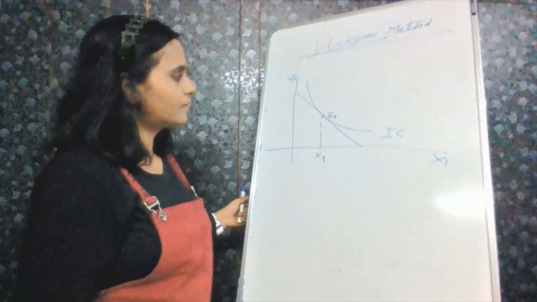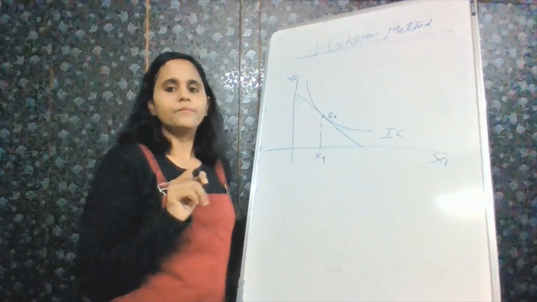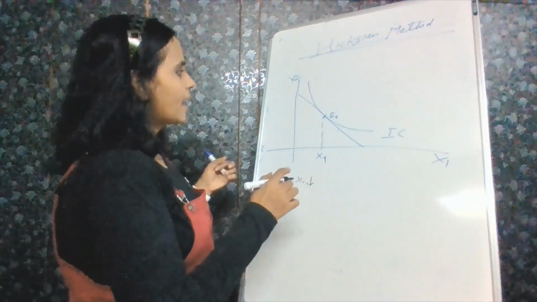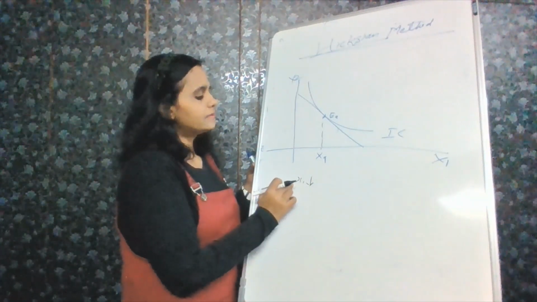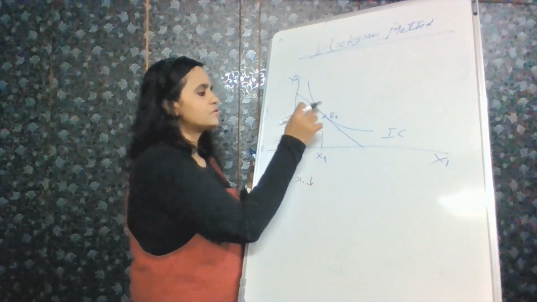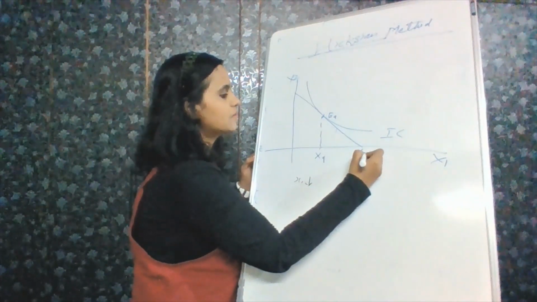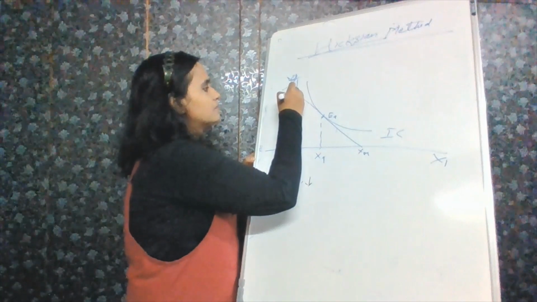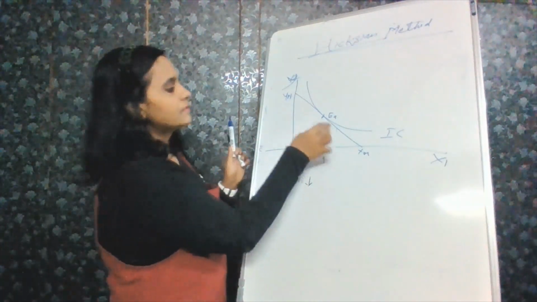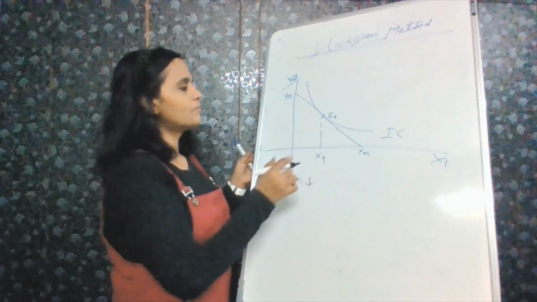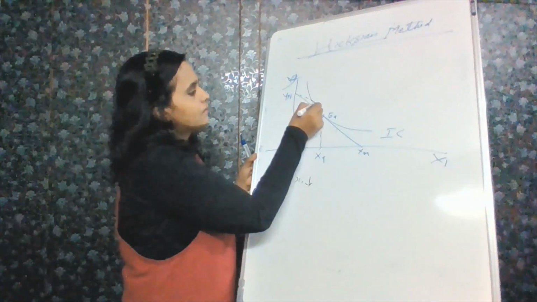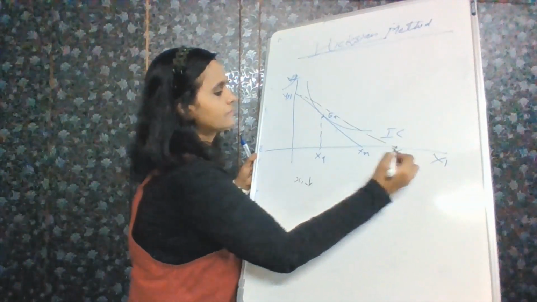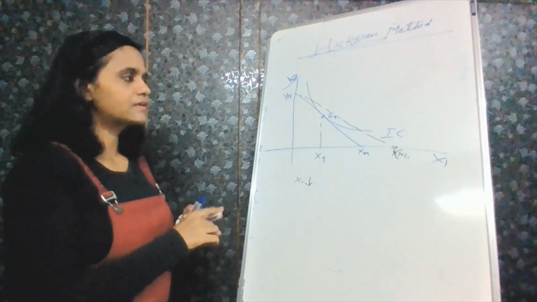So now consider you have a falling price of X1. So X1 falls. What will happen since X1 is falling? That means your budget constraint, which was initial, consider this is your X maximum here, and this is Y, and this is X, and this is Y maximum. So this curve will change because X is falling. So the maximum you can buy will change. So this is X maximum 1. Your initial budget curve will change.